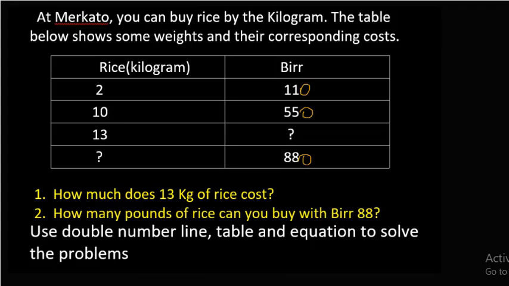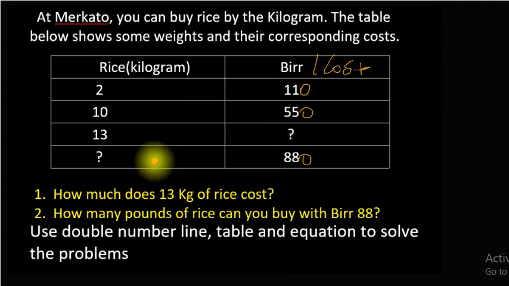At Mercato, you can buy rice by the kilogram. The table below shows some weights and their corresponding costs. So the rice is given in kilograms and the cost, or the price, is given in birr. As you can see here, 2 kilograms of rice cost 110 birr, and 10 kilograms of rice